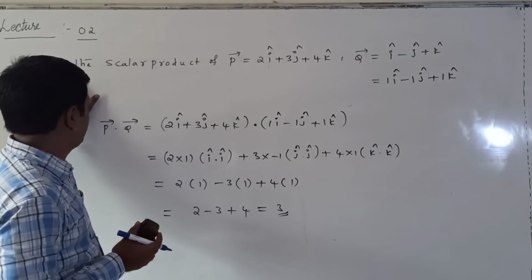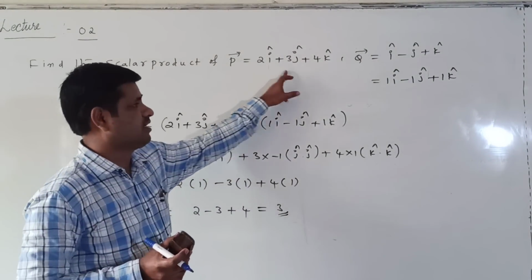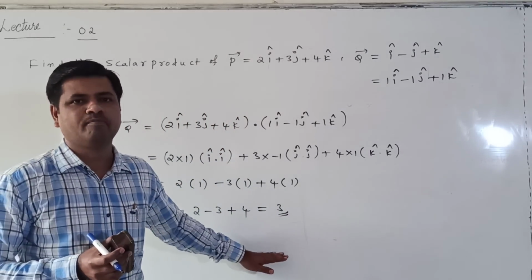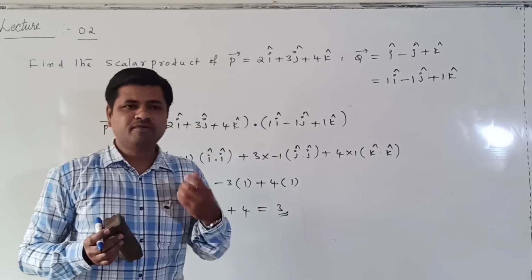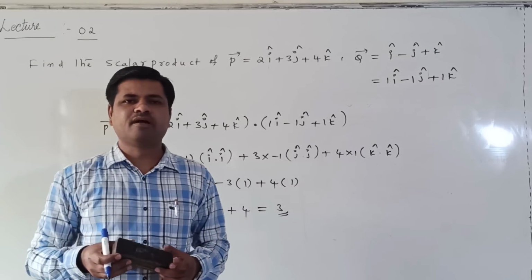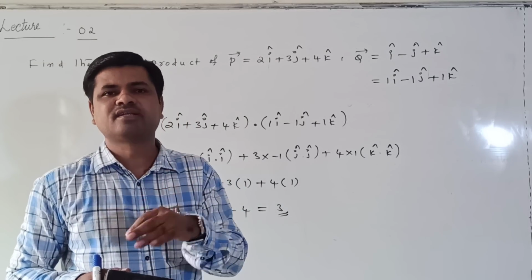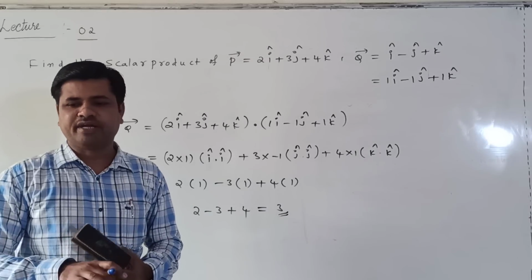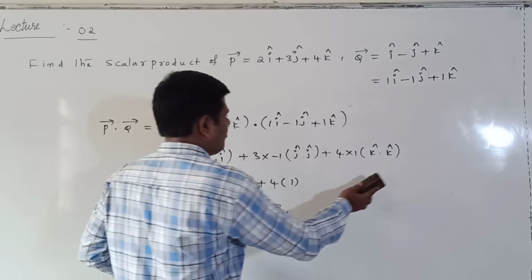Means when making the dot product or scalar product of two vectors, the answer we get is a scalar. Remember this point clearly, because whenever we make the dot product or scalar product, the answer is compulsorily a scalar. That's the reason this is called the scalar product. Right, a similar problem we can take here.